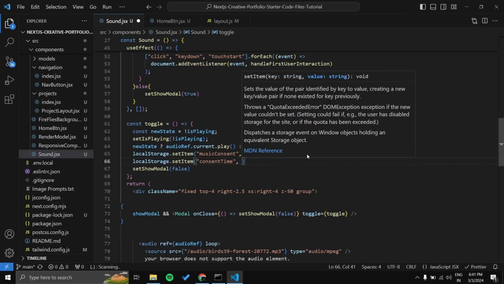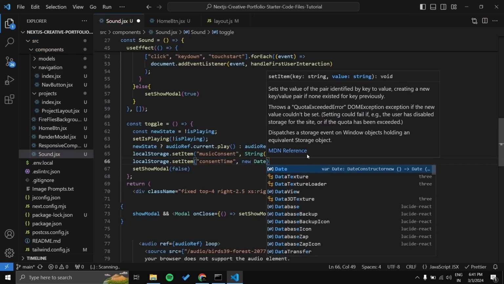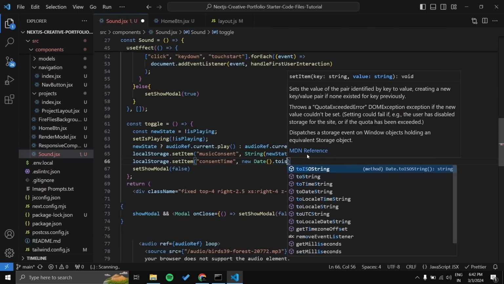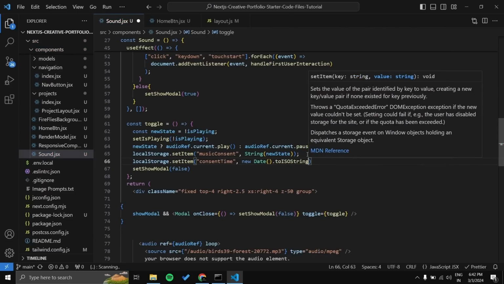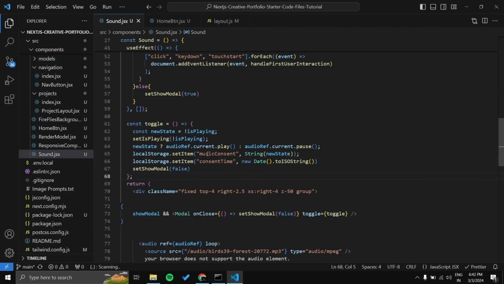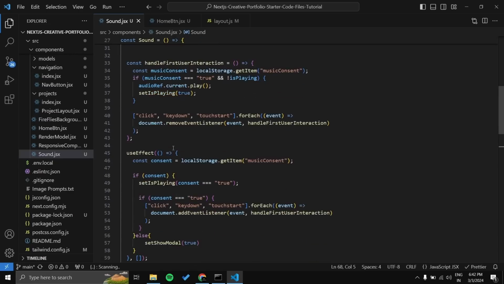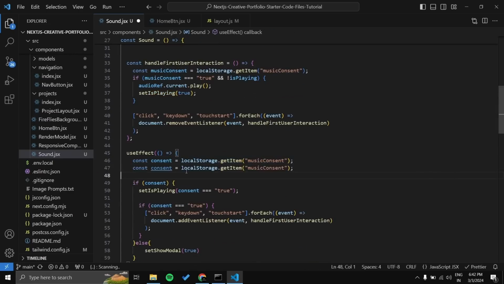And here we will store new Date().toISOString(). That's it. And now with the consent inside the useEffect, we'll also get the consent time,